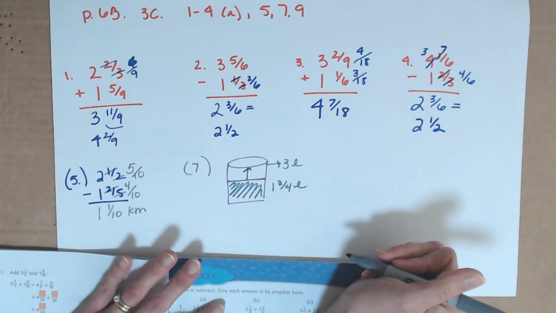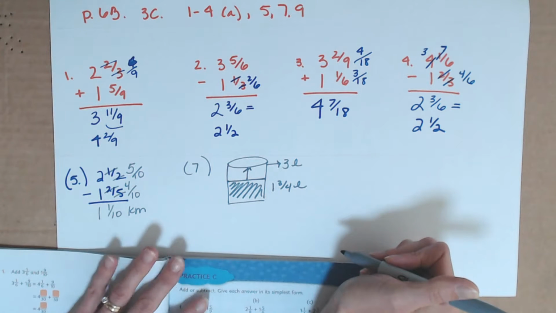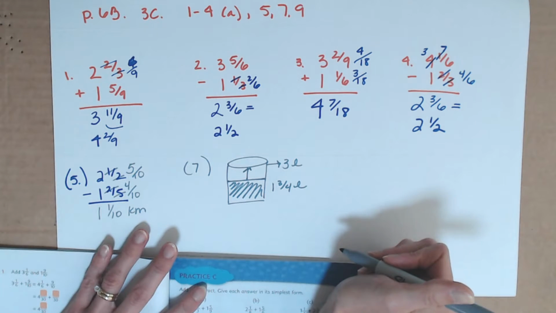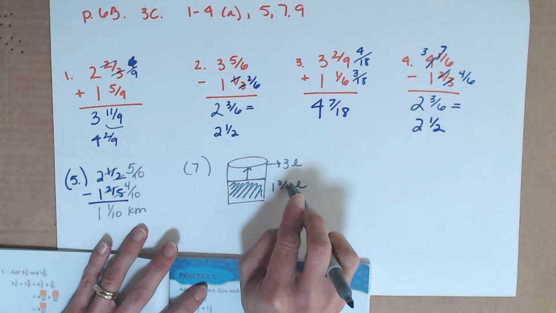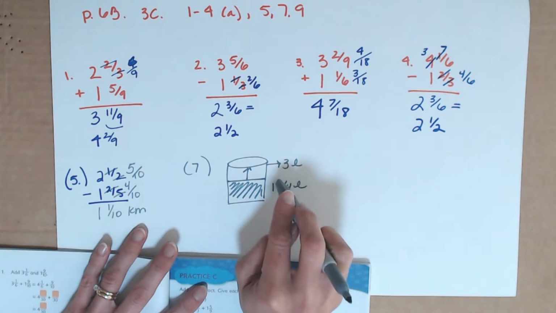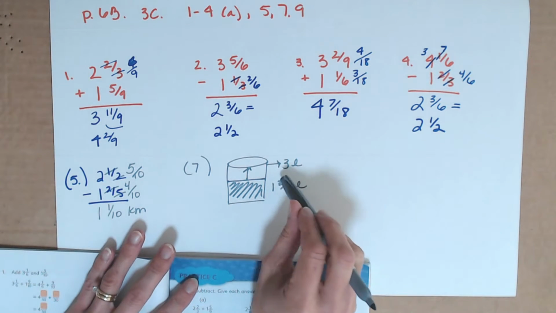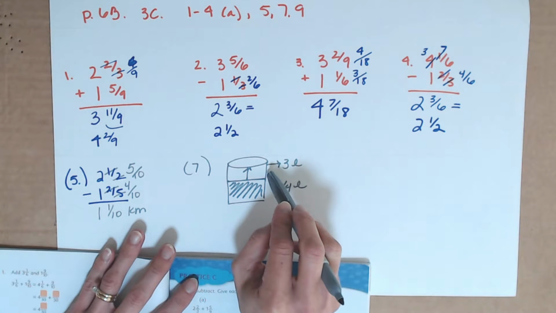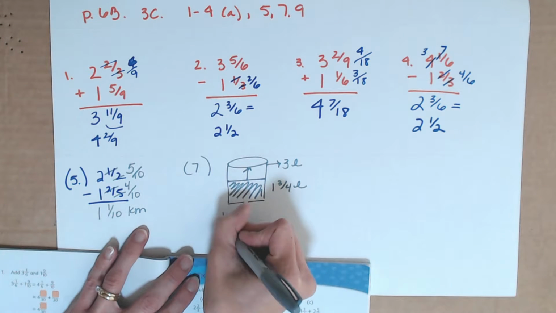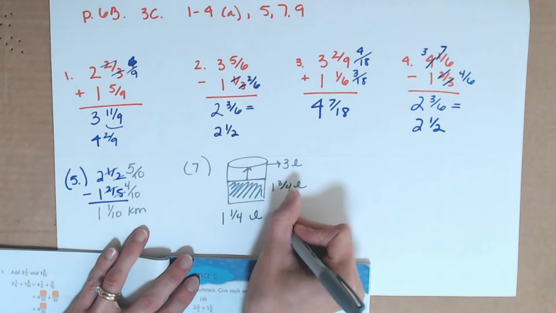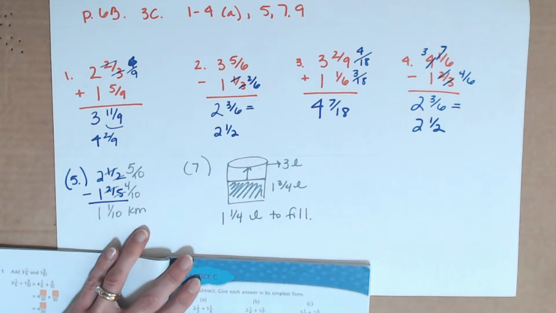So, how much more water? Now I can do this in my head. I'll do that first, and then I'll illustrate how to work it out if you can't do it in your head. I know that 1 3/4, if I add another fourth, I'm up to 2 liters, because 3/4 plus 1/4 would be 4/4. So if I add another fourth, I'm up to 2, and then I just need 1 more to get from 2 to 3. So I know that I need 1 1/4 liter to fill it,